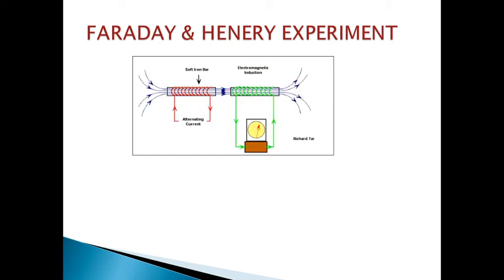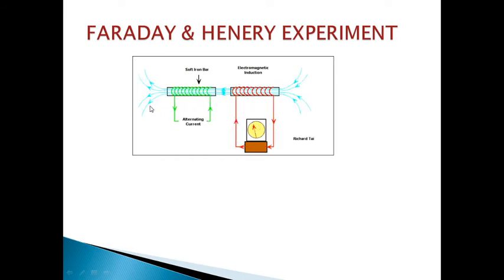Okay, so here you see, here we have an alternating current source. In the previous slide I showed you a DC, direct current source. Here there is a soft iron inside the coil in both of them, and here is an alternating current. So the direction of current will keep on changing. If you see, upward then downward, upward and downward, it keeps on changing.